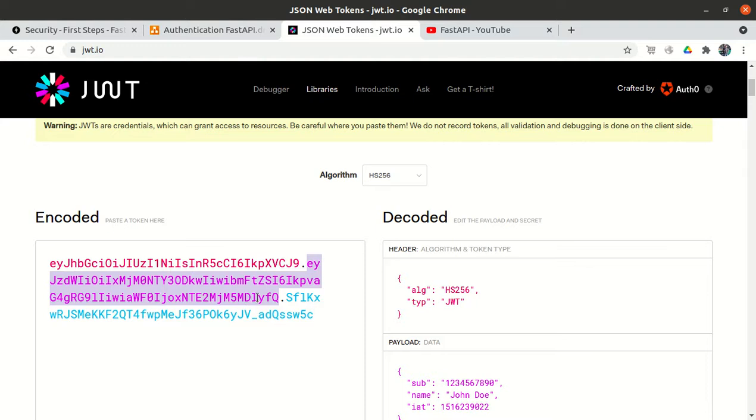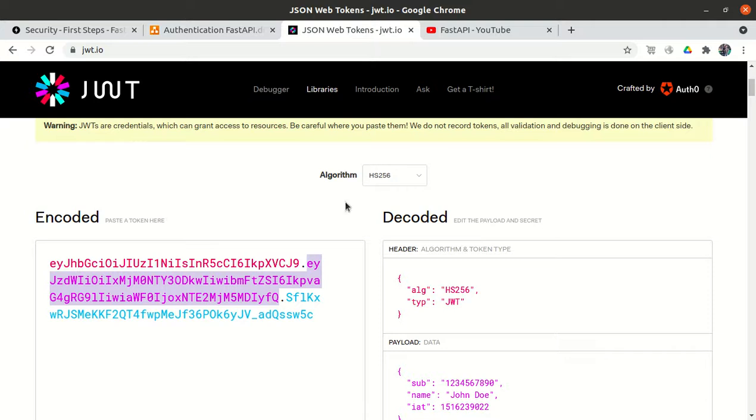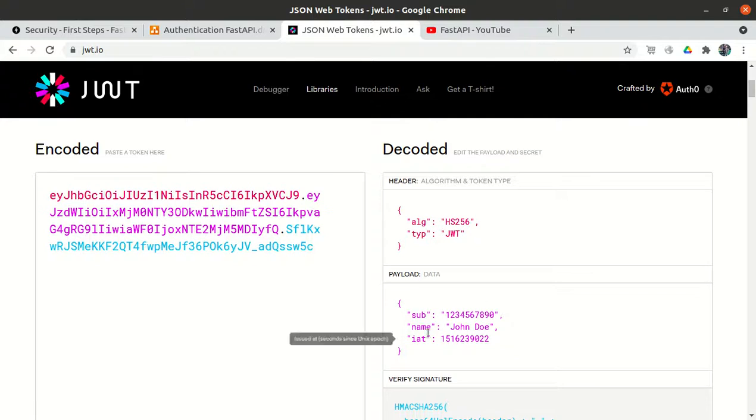This pink part contains the actual data, what the user has entered. In our case, the user is entering some email ID. Here they have created something like 1 2 3 4 7 8, some unique ID, but in our case it should be the email ID, and the key should be sub.